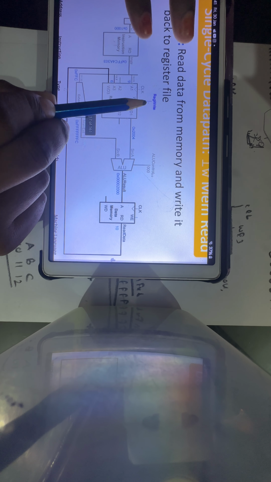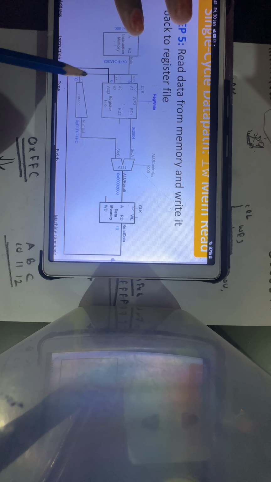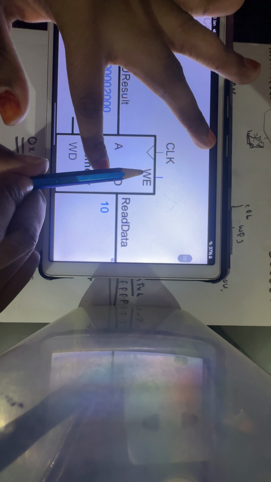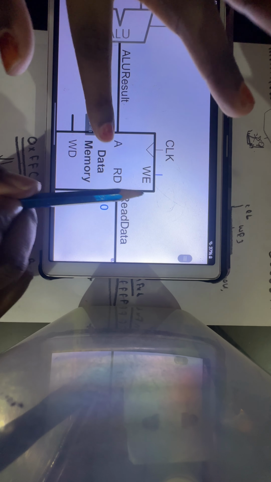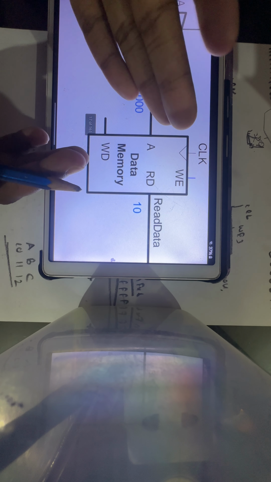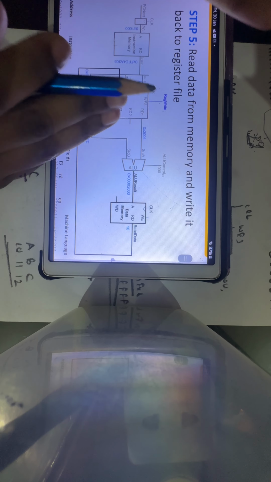Why do you have the reg write? Because whatever result you got, you're going to write it back into our register file. Since we are using WD3 for writing it, you have to enable this reg write. But the write enable is not enabled here because we are not writing any data in the memory. In the load case, we will only write this data into the register, so we will use only reg write here. Now finally